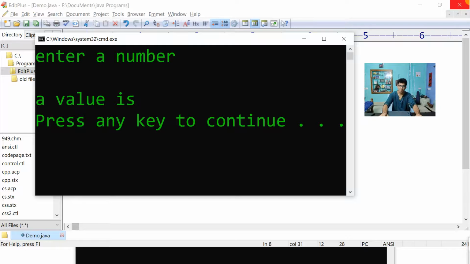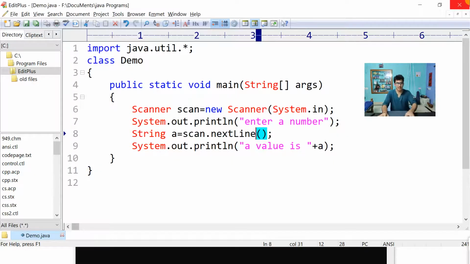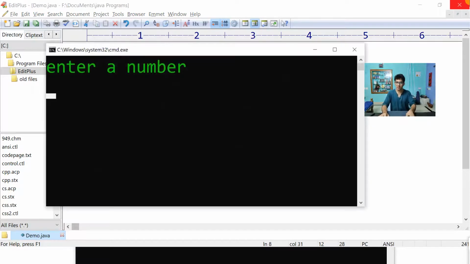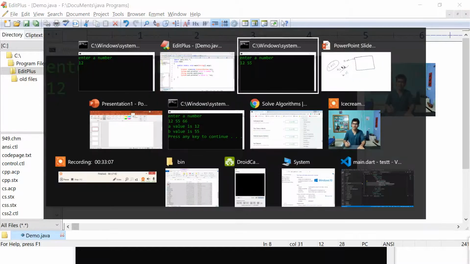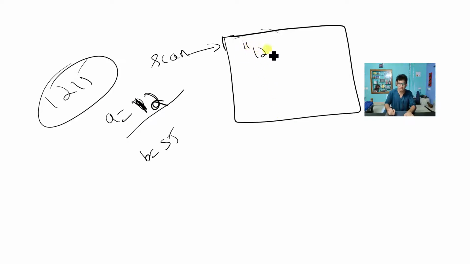Now, what I want you to understand is how this is working. See, when you call next line and I execute, I will not enter anything, not even a space. But if I press the enter button, if I write 12, what is stored in the buffer? Don't you think string 12 is stored in the buffer? Yes. But right now, did I tell string 12? No, I have not told anything. If I don't tell anything, don't you think an empty string will be present in the buffer?